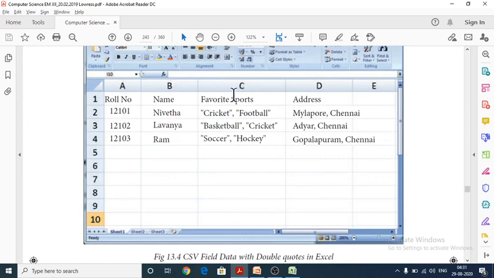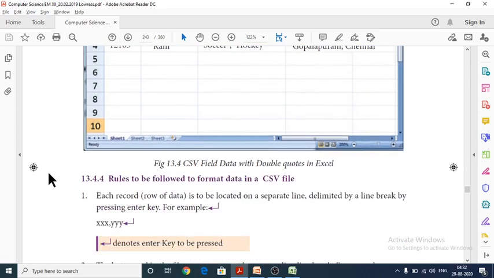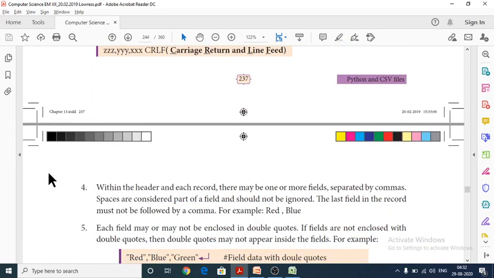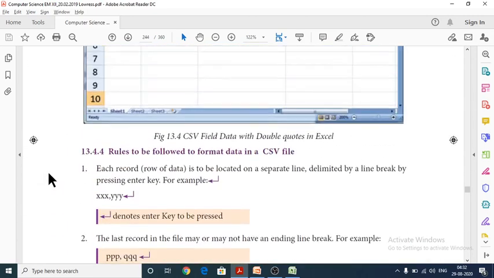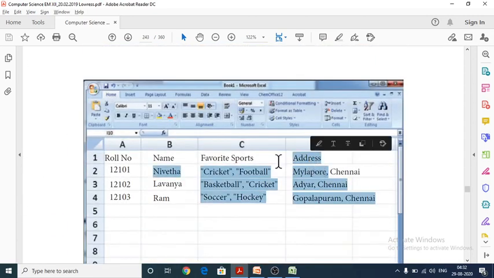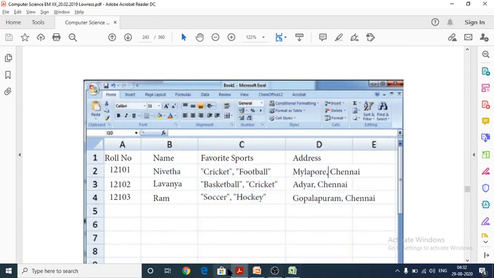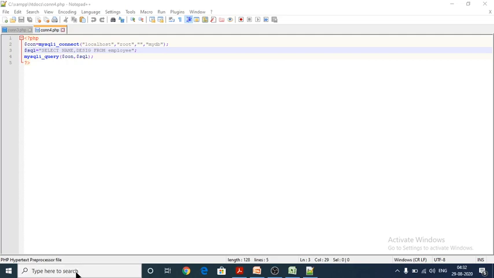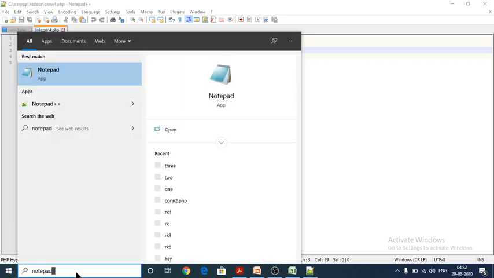If you have given spaces between the records, that should also be considered part of your data. Here, comma and double quotes are also part of your data. That should not be ignored. The last field in the record, see here, the last field while creating a CSV file, notepad.